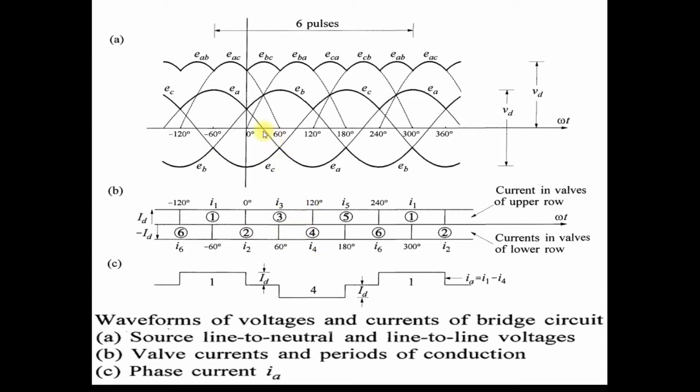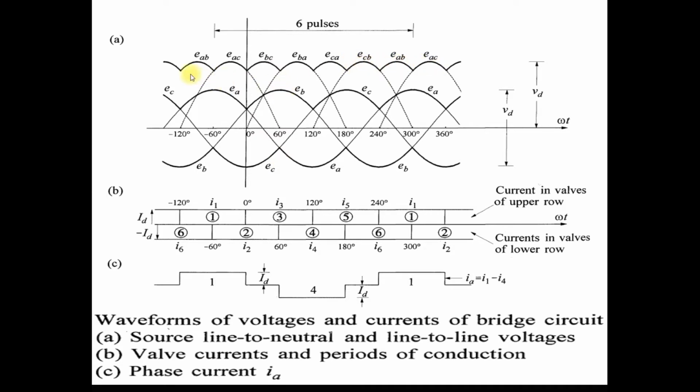Okay? And when you combine these two phases, positive phase and negative phase, that gives a line to line voltage. So you can see that here you get the EAC phase. At that time from the upper group A phase is conducting, from the lower group C phase is conducting. Clear? So the difference between these two phases A and C, it means EA minus EC, you get line to line voltage EAC from this to this period. Same way here from this phase crossover point, B phase becomes most positive, and from the lower group C phase is most negative. So line to line voltage EBC you get in this duration. Same way for other line to line voltages.